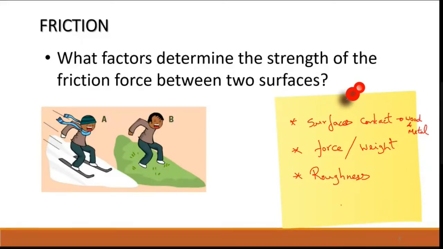Anything else other than this? Resultant force, one more is available. It is not the resultant force. Actually, whatever the force you are acting here, let me consider, if the force is acting here, that will be the resultant here. So I think that is equal, of course. That is not the main factor. There is one more factor, the angle of contact. Of course, that is also related with the friction force.